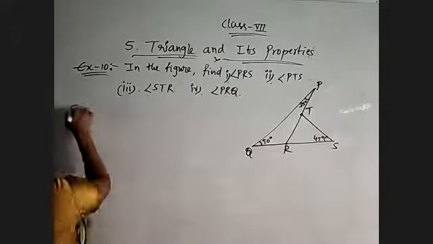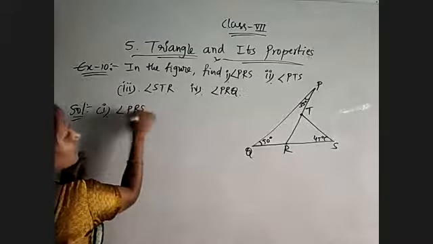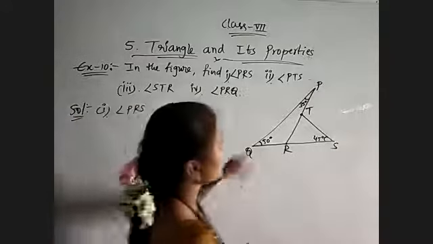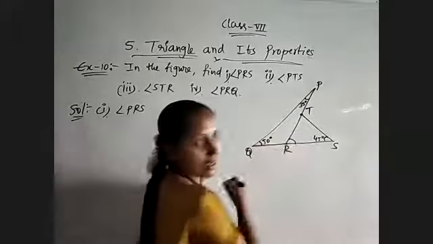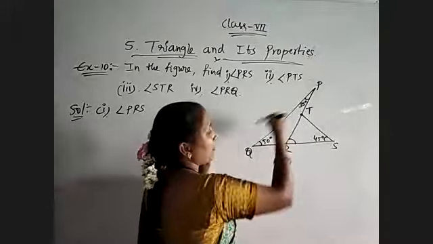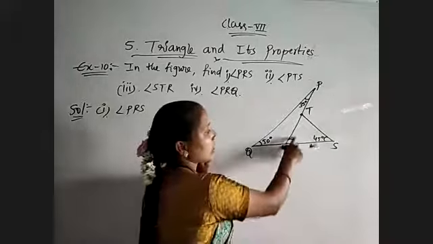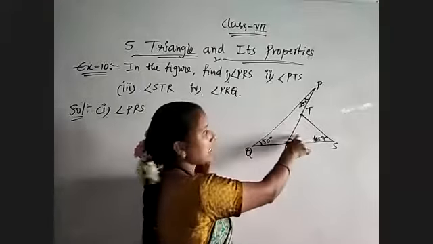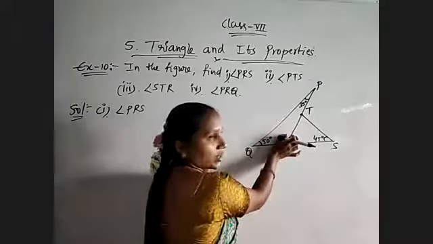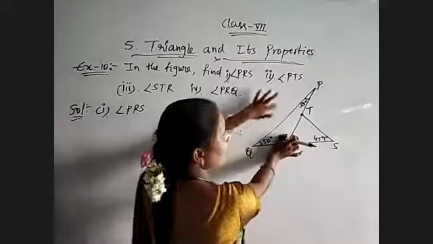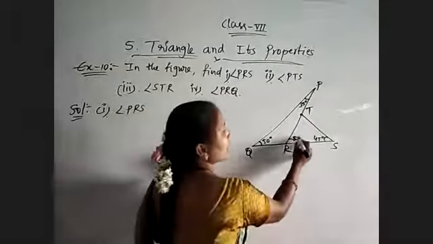Okay, now observe the first question. Angle PRS we have to find. Just observe which angle they are asking. Angle PRS. And consider the triangle PQR. PRS is an exterior angle, yes or no? So this is an exterior angle for this triangle. So at R we are talking, it is equal to the sum of the two opposite interior angles, meaning 35 plus 50. That is nothing but 85 degrees.